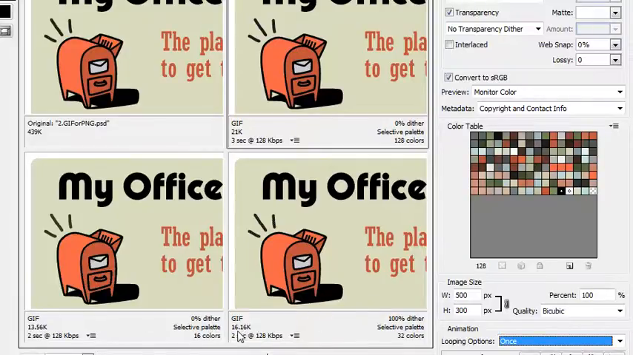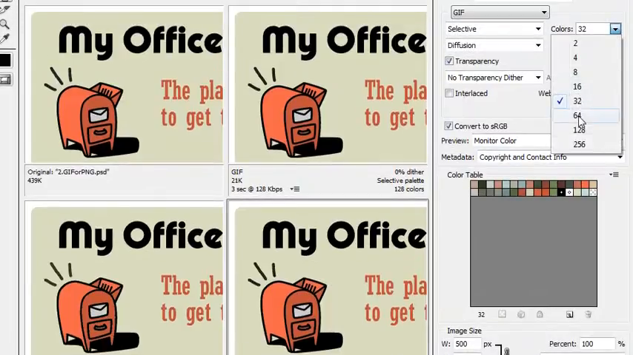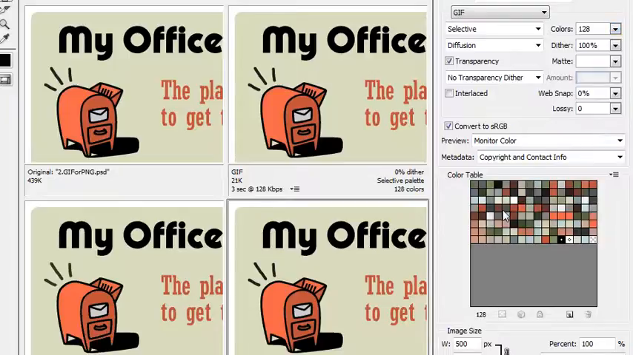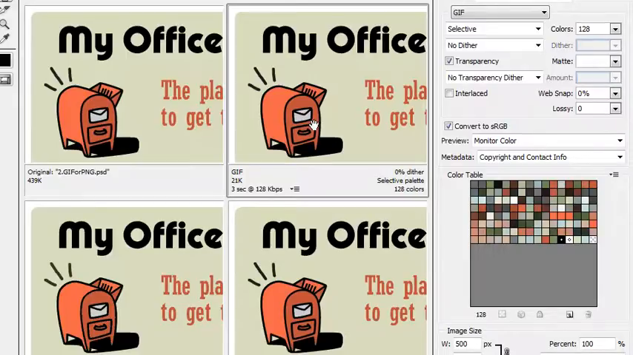The file size is not that much larger at 16.16K, but the color is a bit more accurate. It's still shifting from the original, so I would definitely need more colors than this. So I might want to change this one up to 64 to see if that gets me any closer. It doesn't. You could try 128. It still isn't getting me there exactly. So I'd probably go with the first option, which is giving me the best, most accurate colors, and then click